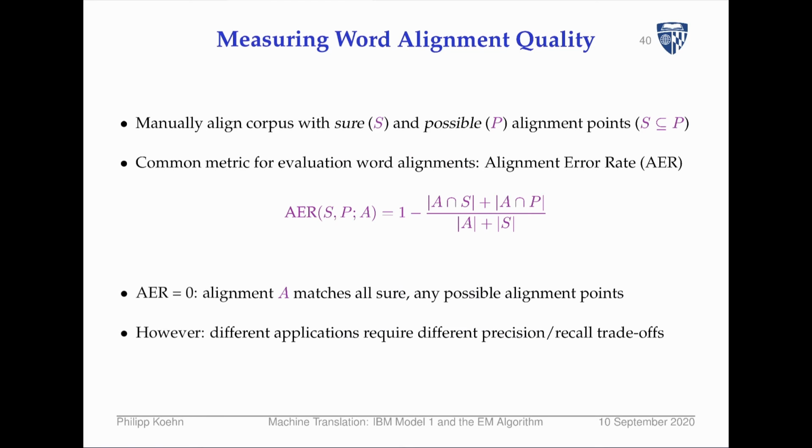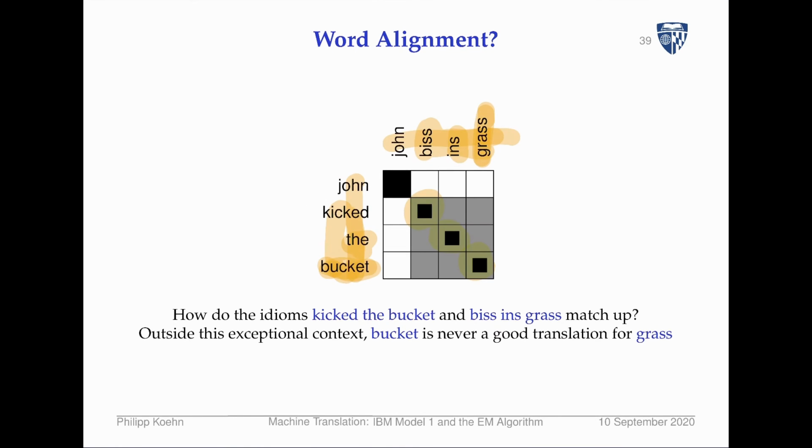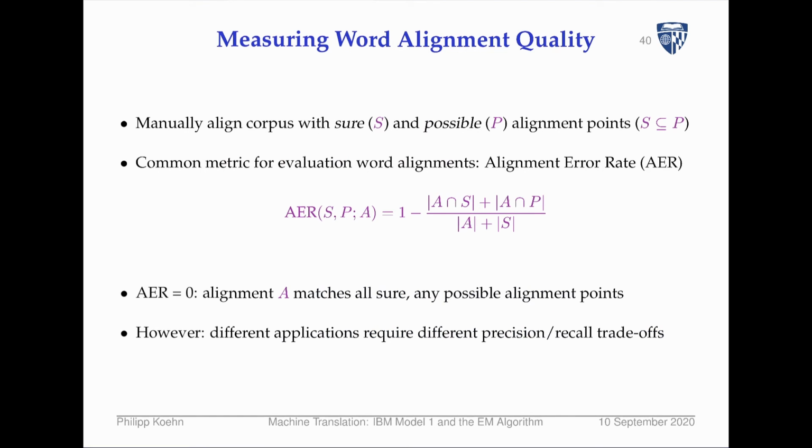It basically dodges some of these decisions and says, well, these are absolutely sure alignment points. So for instance, it would mark up here the little squares in the gray area as definitely sure alignment points, and the other ones are optional. You may or may not get them. Okay,